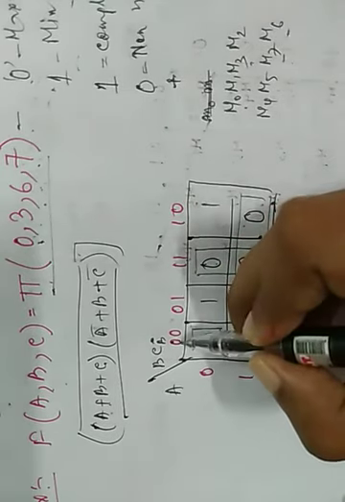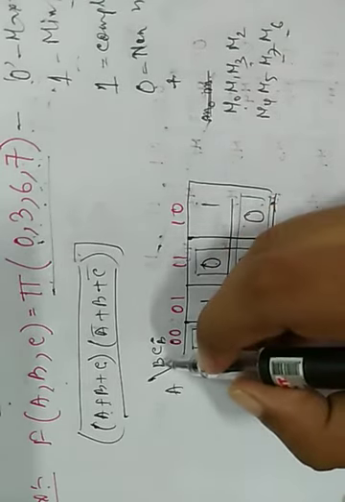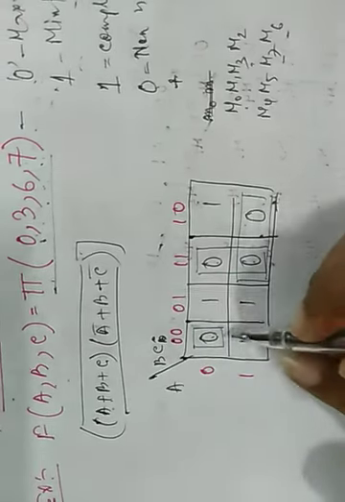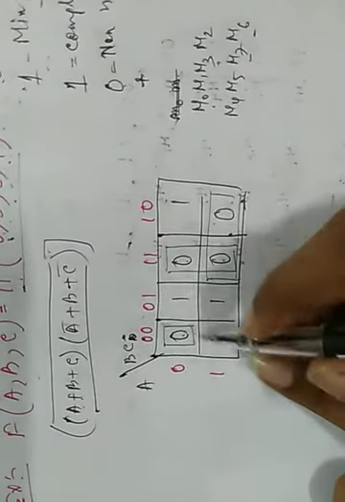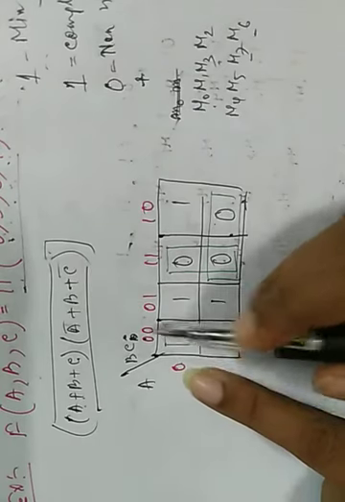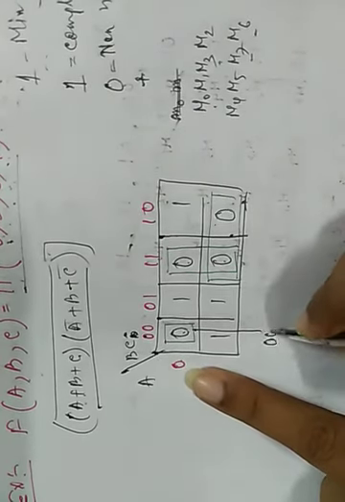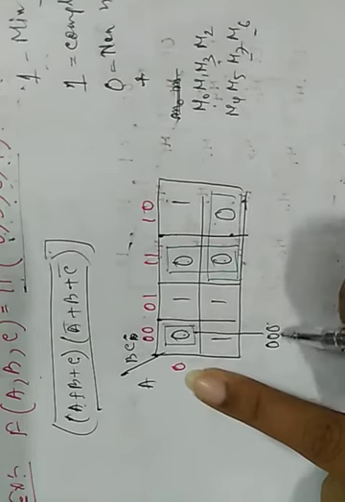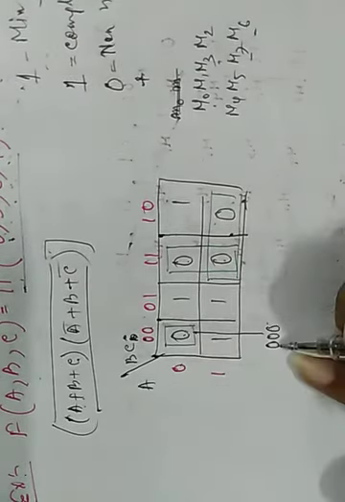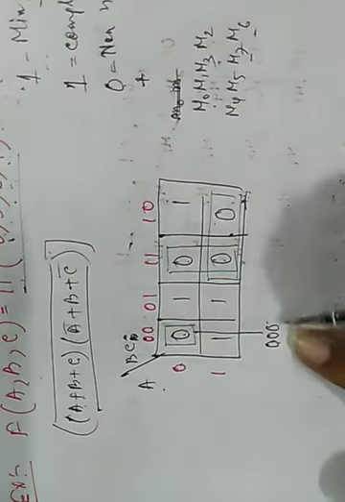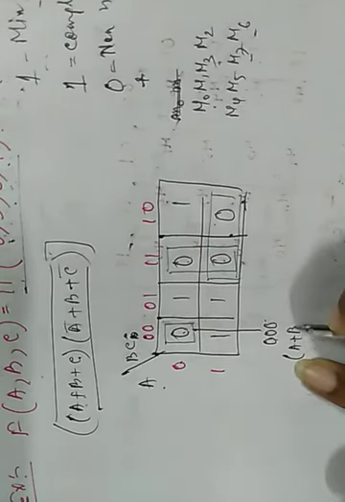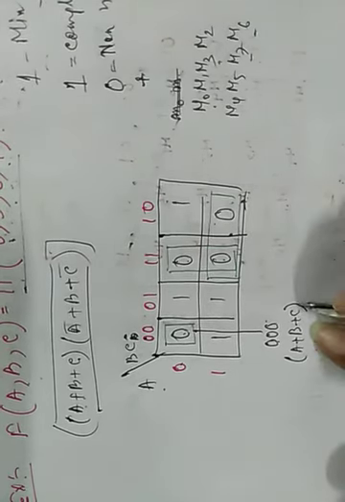Okay, now for this one, you write here. One thing you must notice, that here for 0 0 0, as it is max term value, it is b plus c, so it is better you should write this way. For this one, our values are 0 0 0, you write the values at first. So for max term value, 0 is for a, 0 for b, 0 for c, then it is easier for you, a plus b plus c, this is the max term value.